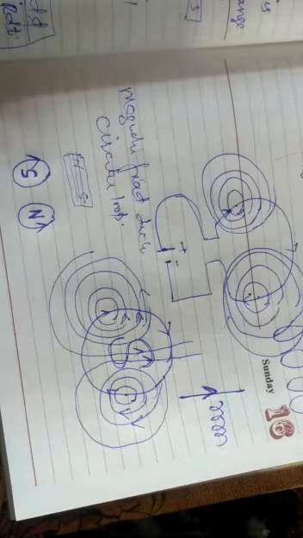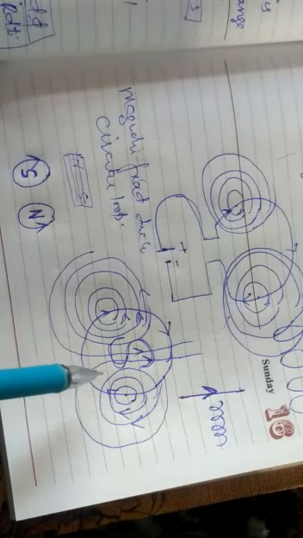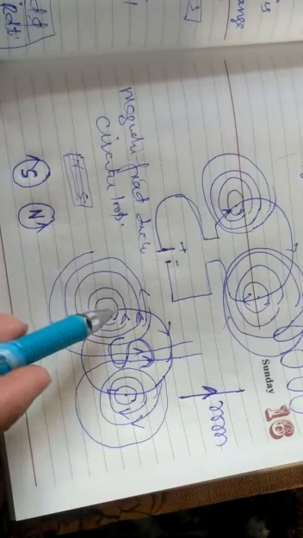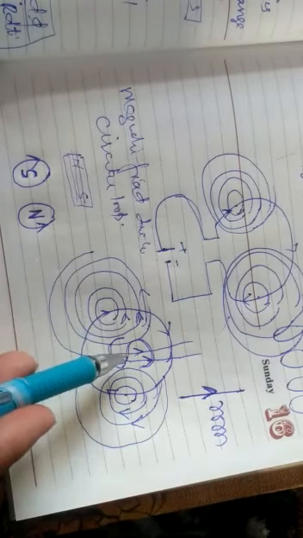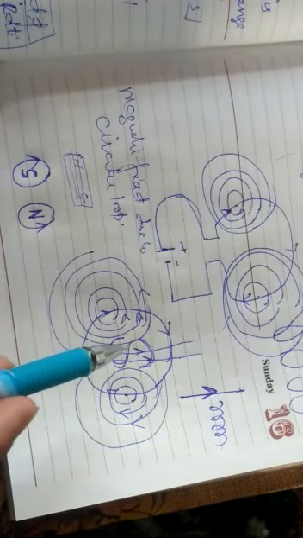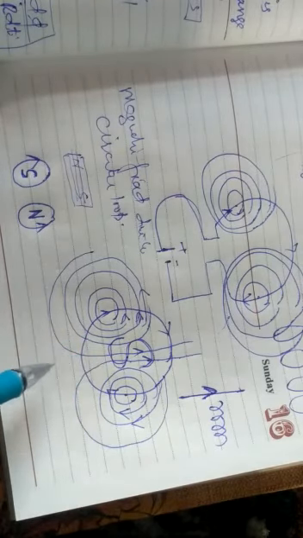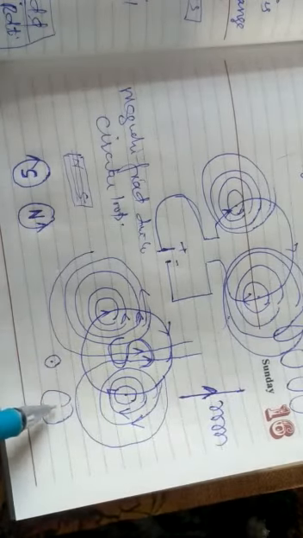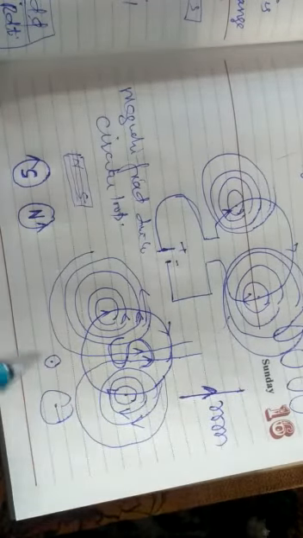So the magnetic field around a circular loop will depend on the current. If the current is increased, the magnetic field will be more. And if I take two loops, one of smaller radius and another of larger radius, then the smaller radius loop will have a more magnetic field at its center as compared to the larger one. And lastly, it depends upon the number of turns. The more the number of turns, the more the magnetic field.